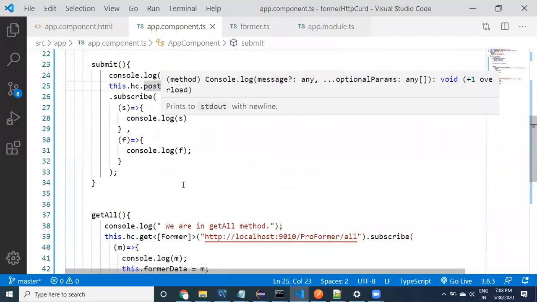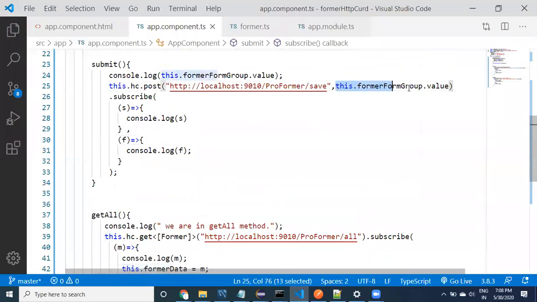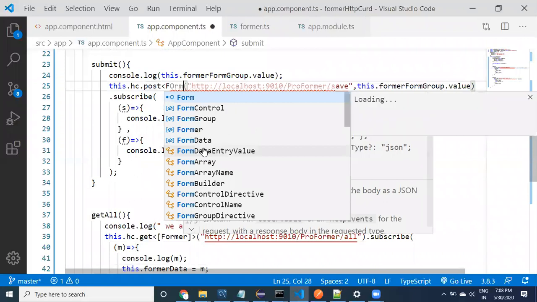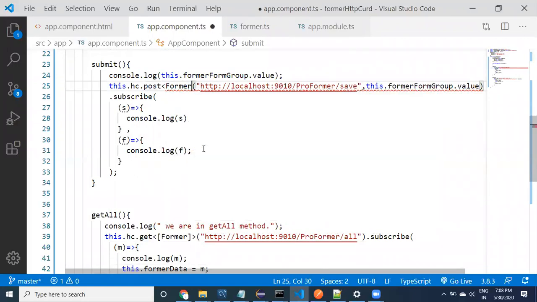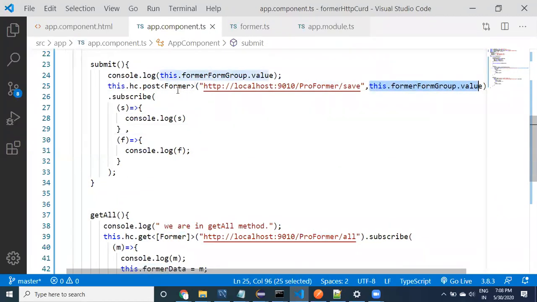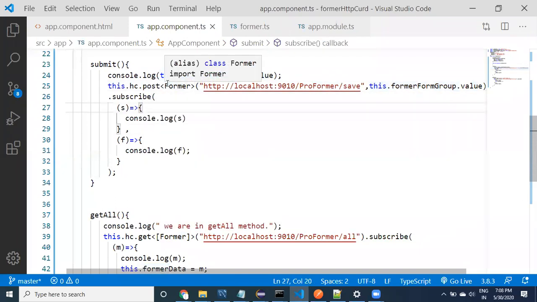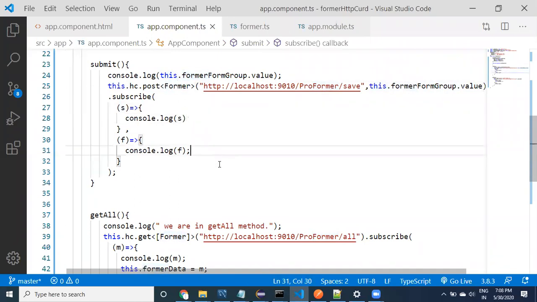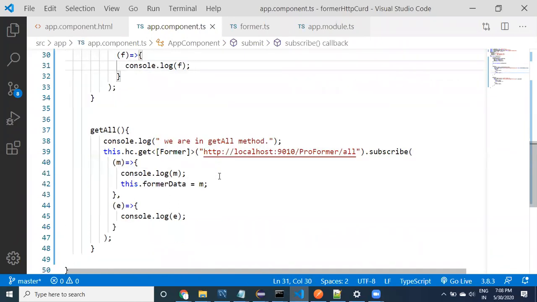While posting it, we are posting what data? Only one farmer object, right? That's why you have to specify only farmer. You need to provide only farmer. This dot farmer means, because we are sending only one object, that's why we have to provide only one for the post. This is going to be the type. This is typing, and we are reading the data and then typing it.